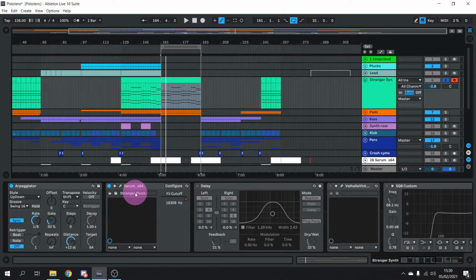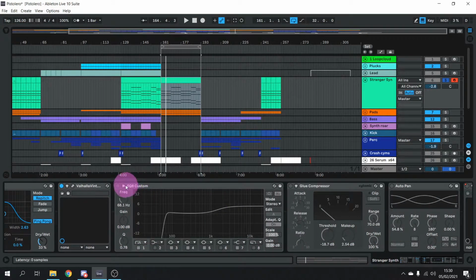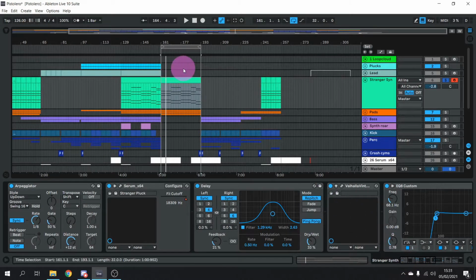And then we've added all these effects to just really give it that space in the mix. So we added some delay, some reverb, EQ to remove some of the bottom end and just give it a bit of a boost up at the top, a compressor to keep everything kind of under control, and an auto pan just to bounce it from speaker to speaker. And if you listen to what it sounds like with all effects on,